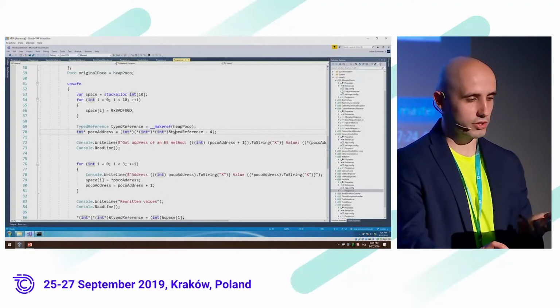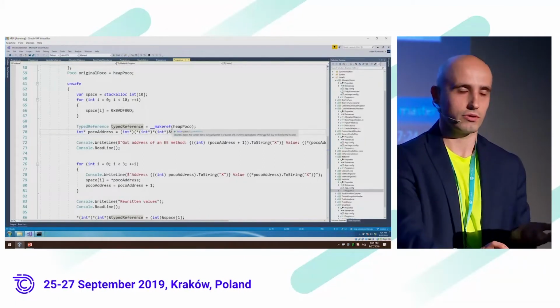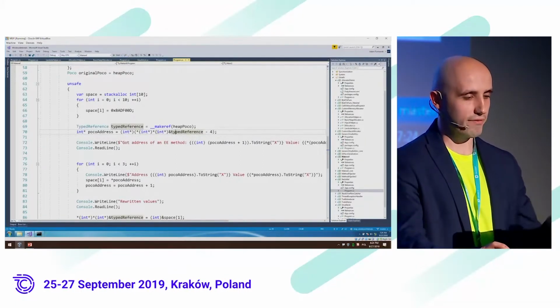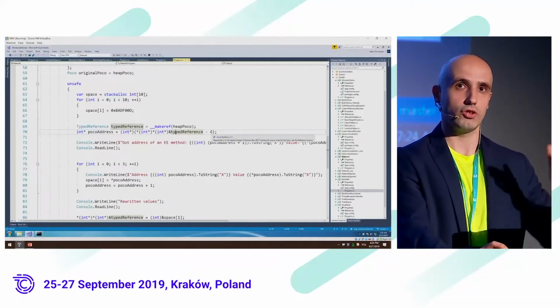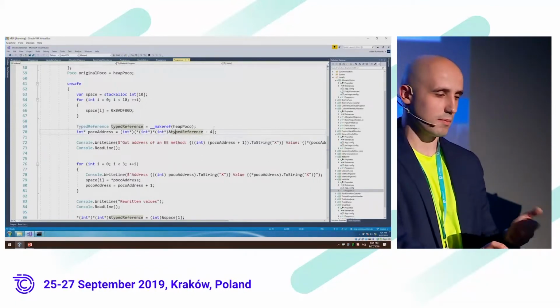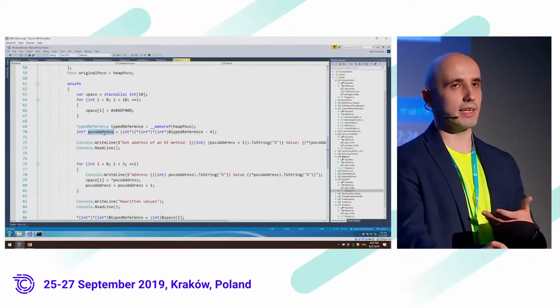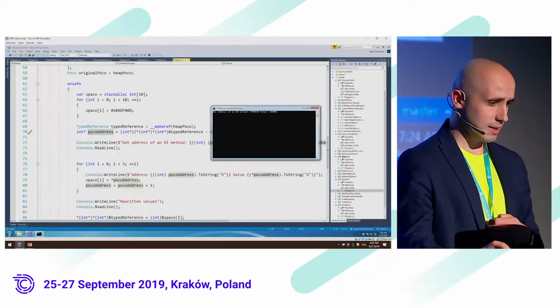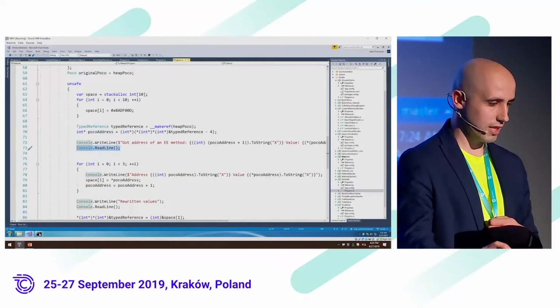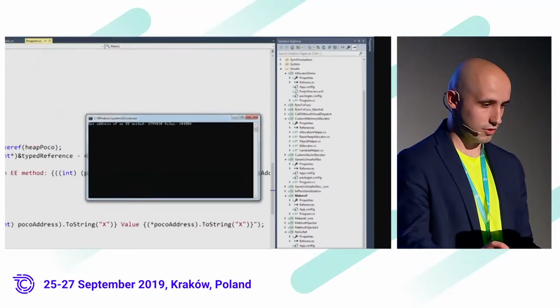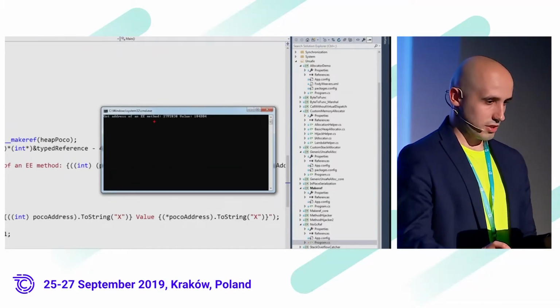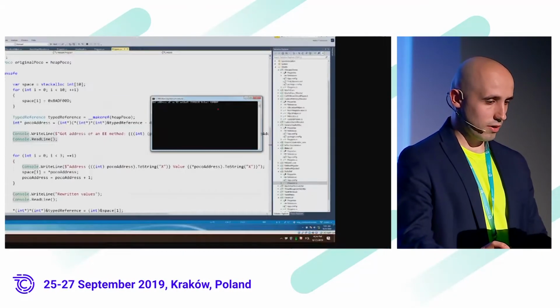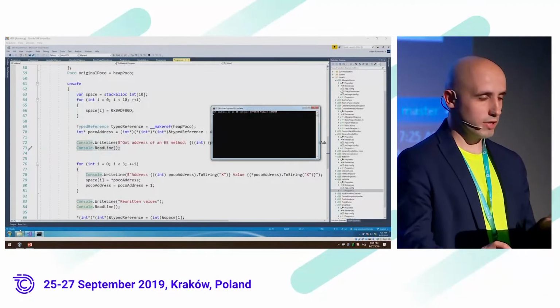So we get the pointer to the typed reference, we cast it as a pointer to integers, we then dereference it, we subtract 4 because we need to move back one integer to get the sync block, etc., to finally get the address of our Poco instance. So let's start this. The application is now waiting in this Console.ReadLine. It printed some value like the address of the method with value db4,